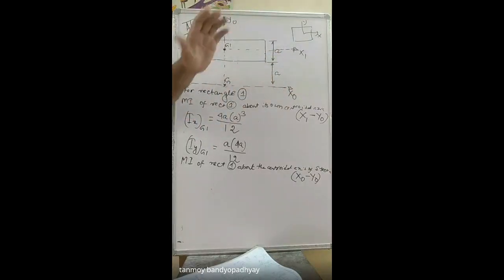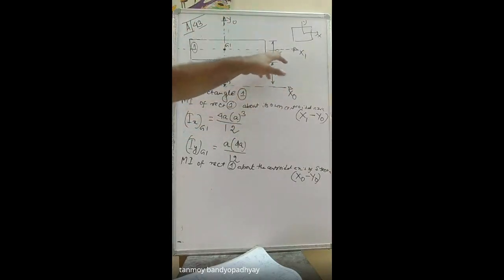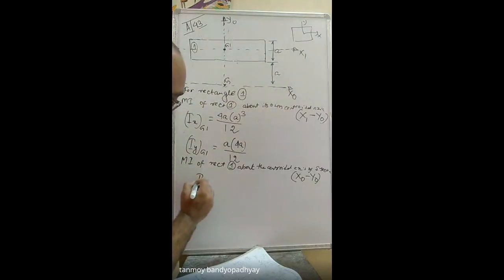So I am trying to rotate this one in the x-axis, but not from x1, but about x0. So in that case, I should be having Ix. So let's call it Ix1. So this is the entire contribution of 1, taking into account the switching of the axis. Okay, so in Ix1 the x refers to the centroidal axis of the I section, and G1 refers to the centroidal axis for the individual rectangle.